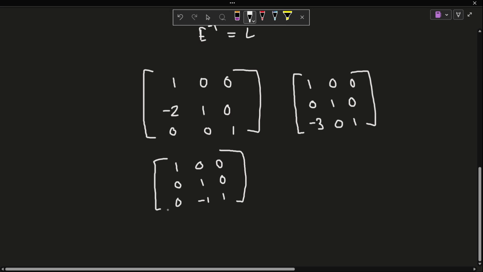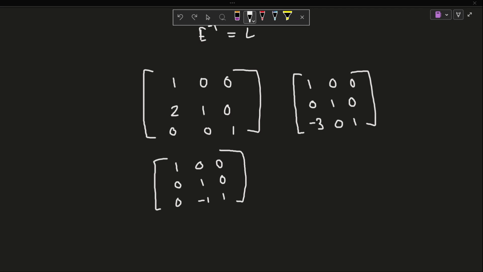One thing to note here is they're all lower triangular, and that's the reason why we can only use the third operation, because we will be getting a lower triangular with this one. That's very, very important in finding LU decompositions. So that's why we only use the third one. And so taking the inverse of all of these, I'm not going to rewrite it, but the inverse of it is just, these two will stay the same actually, and then in this one, the 2 just becomes positive. And you can prove this. You can go and find the inverse for yourself. I'm not going to do it for the sake of time, but you can definitely try it.